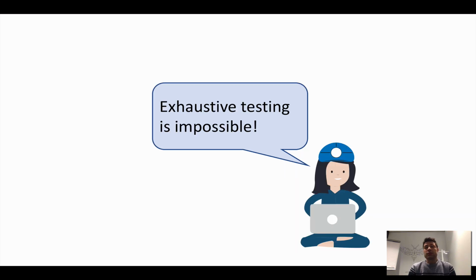This is in a way related to the fact that exhaustive testing is impossible. If you want to test all the possible inputs, all the possible combinations, and so on, the number of combinations is just too high. We cannot do it. We don't have money for that. We don't have machines for that. We don't have people for that. So testing everything is impossible. And what we try to do is to prioritize what to test.